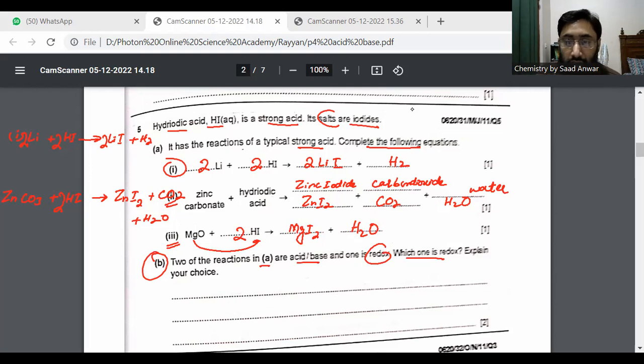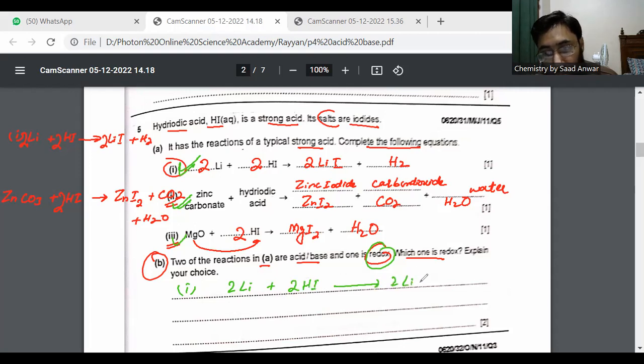Remember, I have these three reactions. Among these three reactions, two reactions are acid base and one is redox. So which one is the redox reaction? Remember, reaction number 1, the lithium one, is the redox reaction. The reason behind this is the oxidation state of lithium is 0 here, the oxidation state of hydrogen is +1 here, iodine is -1 here, the oxidation state of lithium is +1 here, and iodine is -1, and